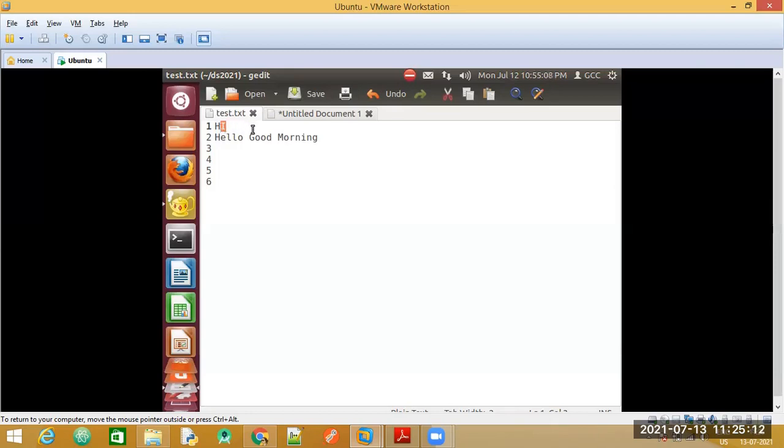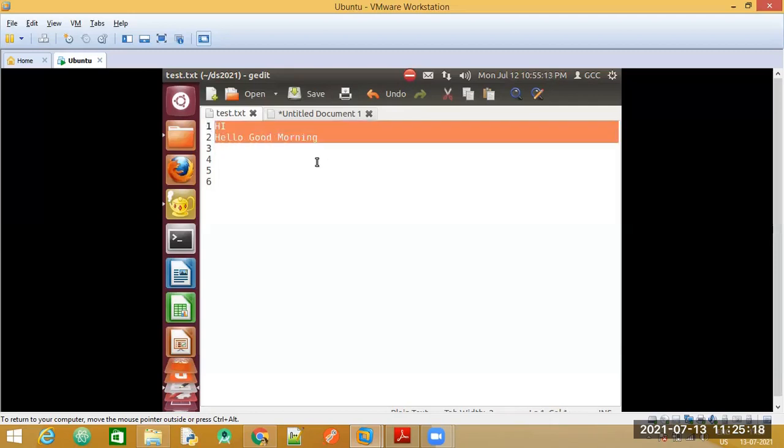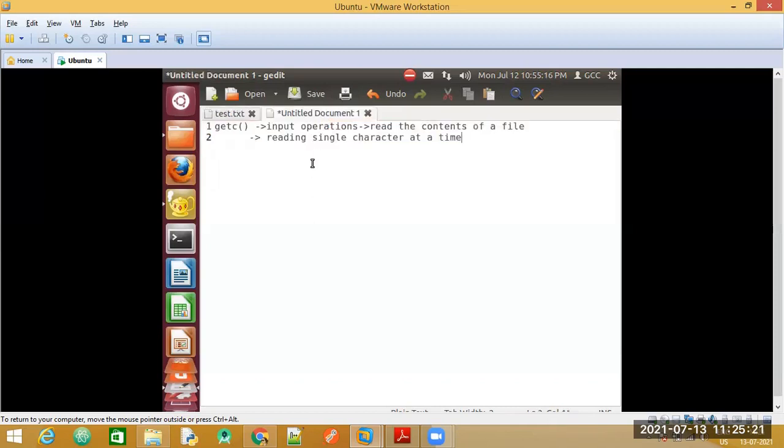And again we will try to print this on the monitor. For understanding, let us look at the same set of lines with the help of the syntax and example for getc. First, the syntax. We are going to require a variable to store the characters that are read by the function getc. The getc function takes just one parameter, and the parameter is nothing but the file pointer. Now, what is this file pointer?